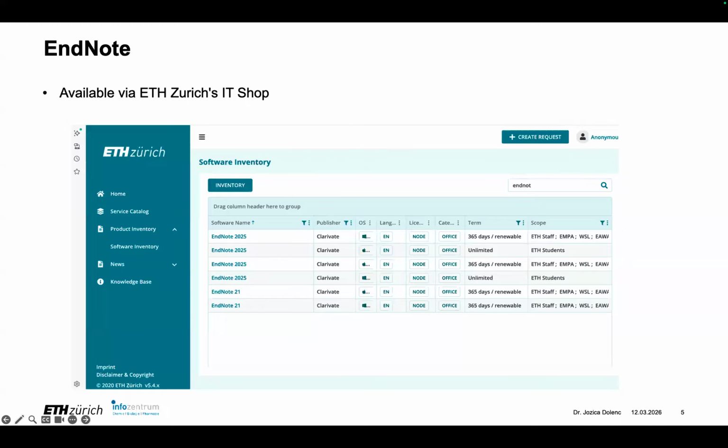Here is how it looks in the ETH Zurich's IT shop. If you search for EndNote, you will see there's still a version EndNote 21 available, but only for ETH staff. So this is the previous version we introduced in a coffee lecture like 2 years ago. And the new one is 2025, which I will show you today. And you see here that the license for ETH students is different than for staff. And if I know correctly, ETH students actually have this license for free, and staff has to pay a yearly